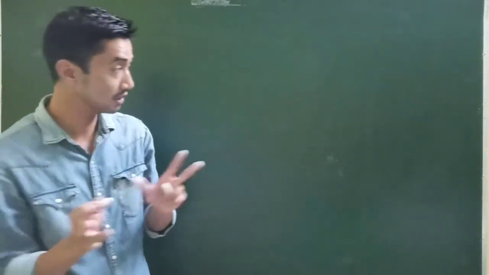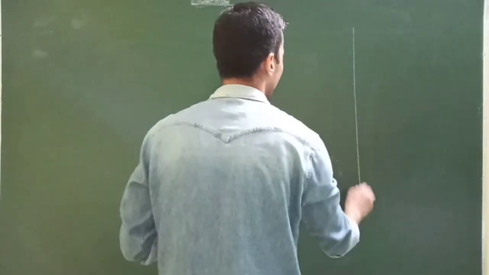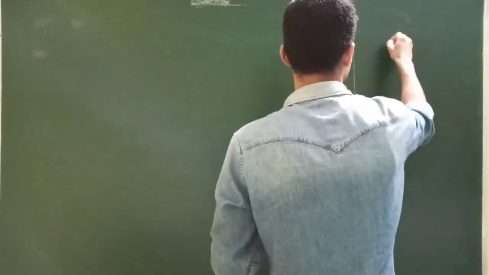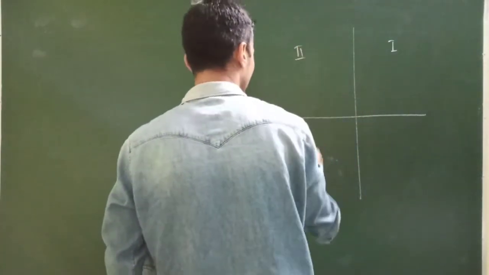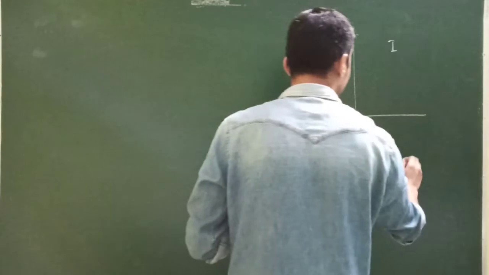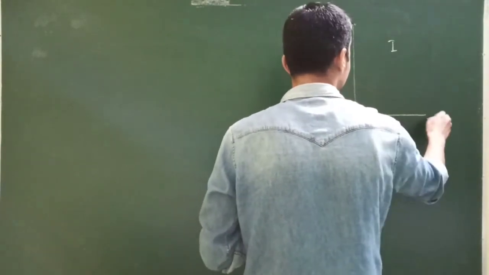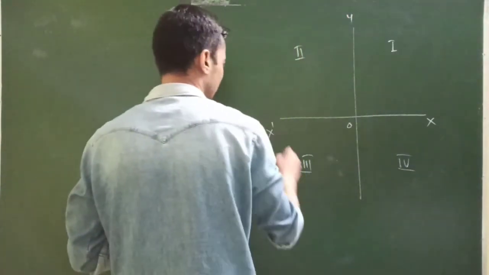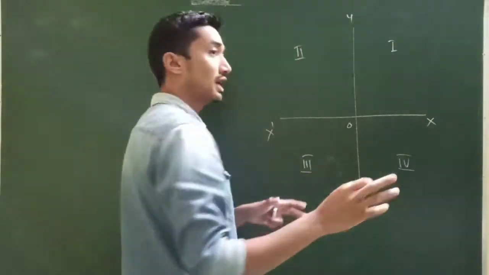Okay, this is very elusive. Listen to it. Right, take down your notes and get ready. This is called the first quadrant. This is called the second quadrant. This is called the third quadrant. This is called the fourth quadrant, with respect to x, y, x dash, y dash in terms of the Argand